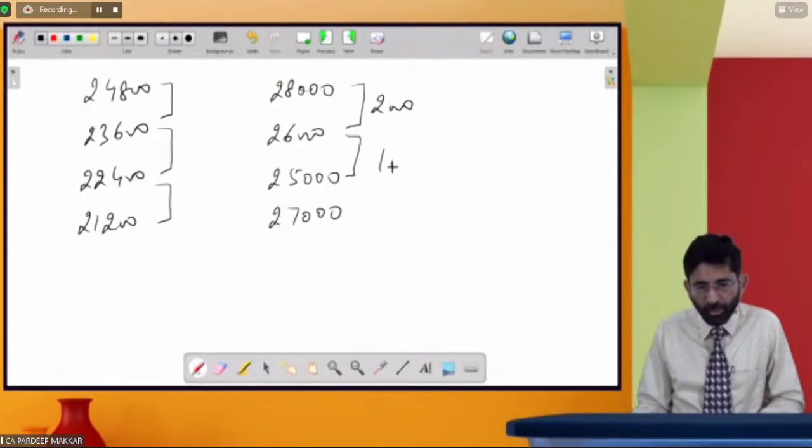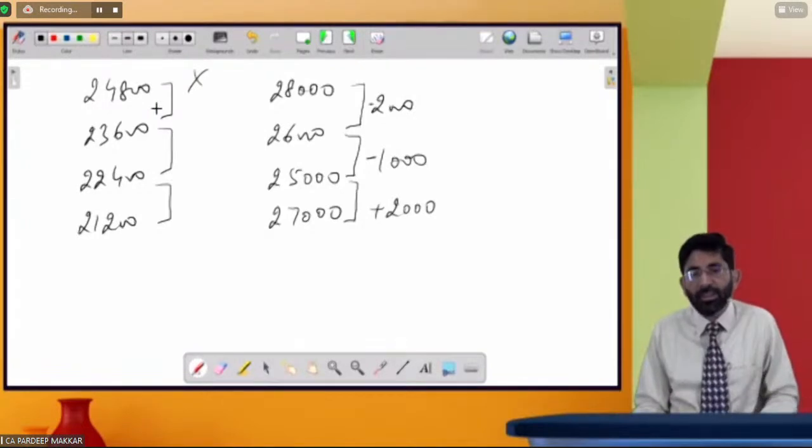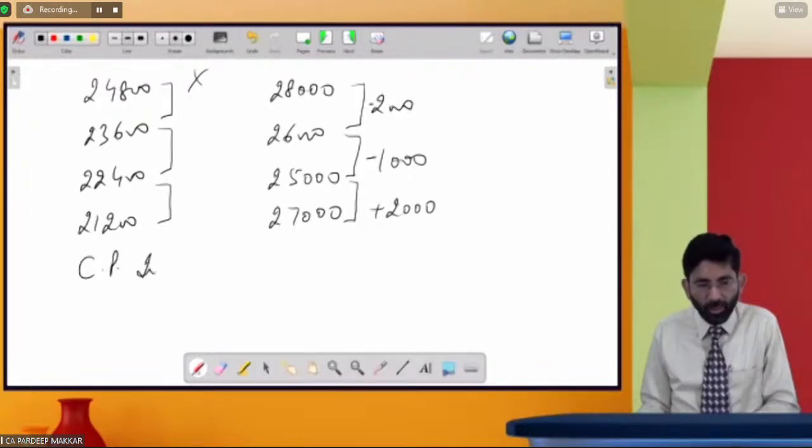ओके, बट इन दोनों में गैप 1,000 हो गया है, और इन दोनों में गैप, ये तो माइनस में जा रहा है तो ठीक है, रिड्यूसिंग में माइनस ही होना चाहिए, बट ये +2,000 हो गया है। तो यहां पर मेरा वो जो मेथड ये वाला था, ये अप्लाई नहीं हो सकता। इस केस में कुछ और प्रॉब्लम है। इस केस में उसने इसको डिफरेंट तरीके से किया है। इस केस में सीपी प्राइस इंक्लूडेड इन ईच इंस्टॉलमेंट सेम नहीं है। इसमें क्या था? सीपी प्राइस इंक्लूडेड इन ईच इंस्टॉलमेंट इज सेम।